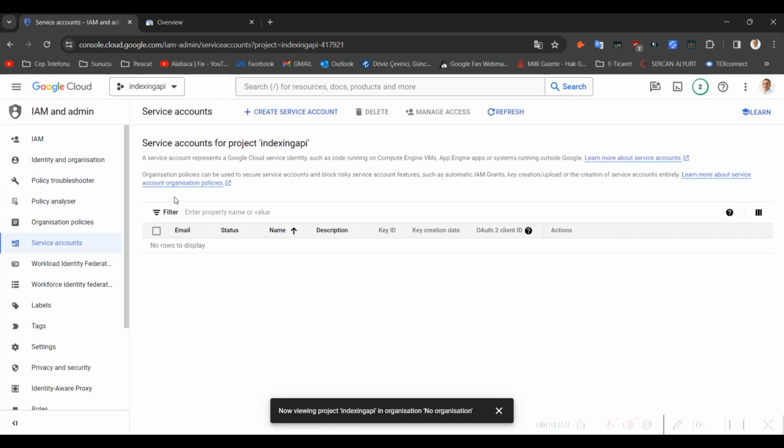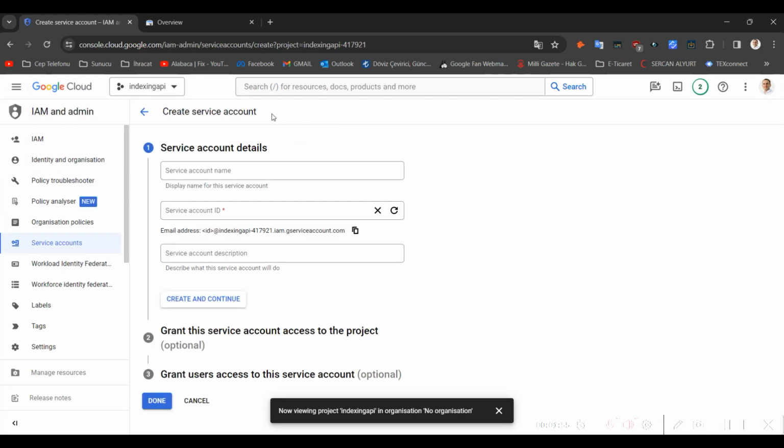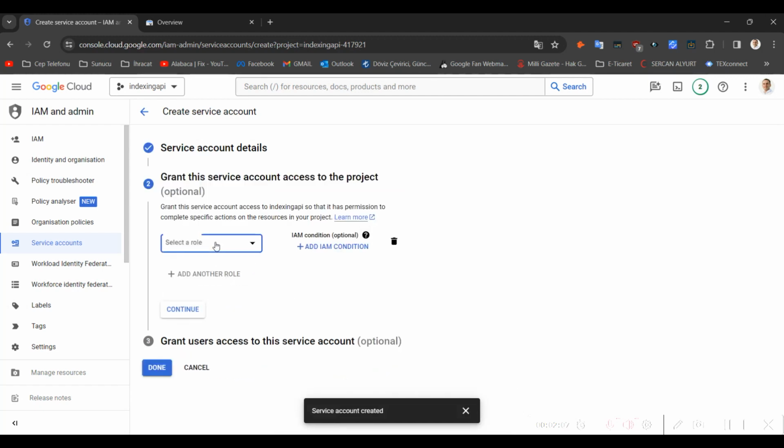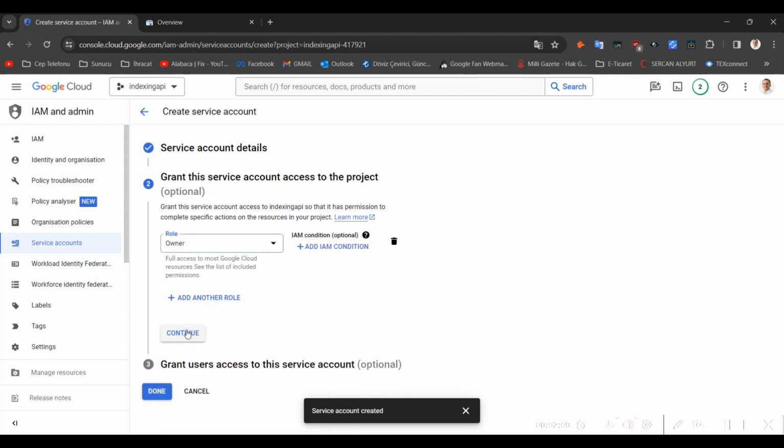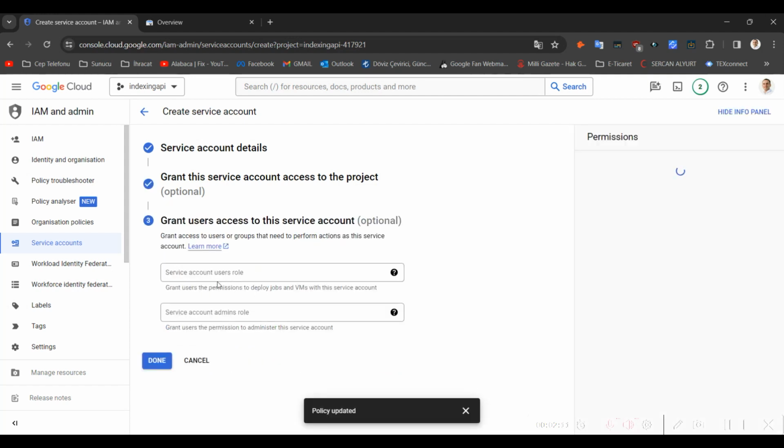Create a new service account. Indexing API. You have to save this mail address. Select a role, owner. Continue. Done.